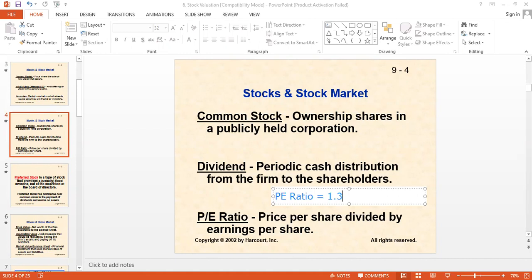It says that the price of a share of a company is 30% higher than the earnings of that company. You are comparing the price of a share of Lucky Cement with the earnings of Lucky Cement. The answer comes as 1.3. That means the price is higher than the earnings by 30%. All right.